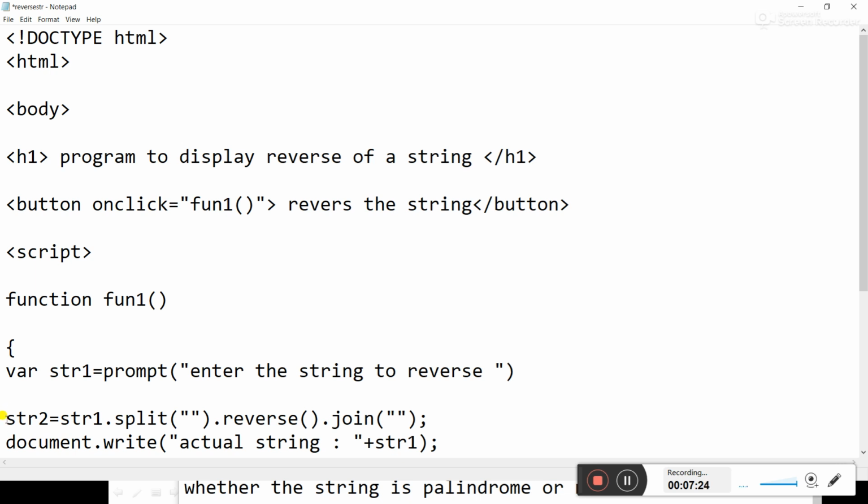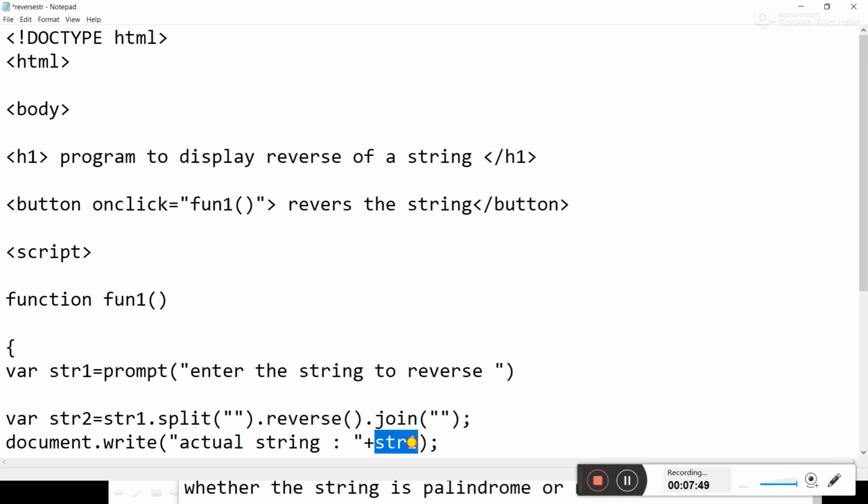Where str2 is equal to str1 dot split. First we break the string str1 into alphabets, then we reverse it, then we join all the alphabets together to form a string again. Got it? And then we are going to display with document dot write the actual string.